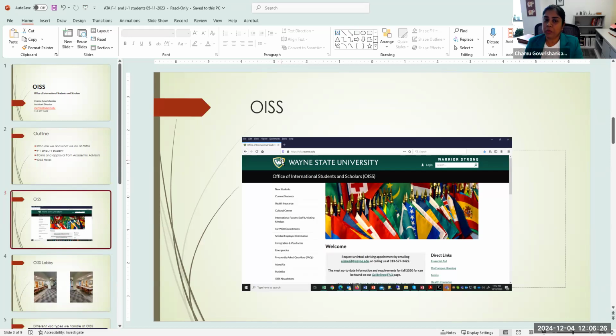What we basically do is that we facilitate the arrival of the international students and scholars to come here and reach their goals. Some come here to do research. We work with them, providing paperwork for facilitating their arrival into the US and then working at Wayne State.